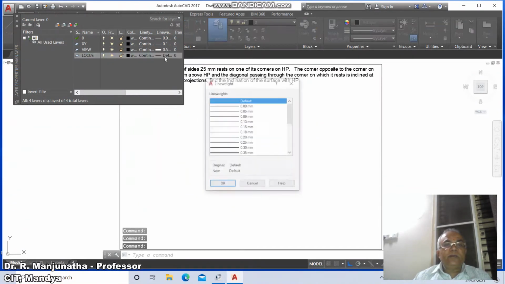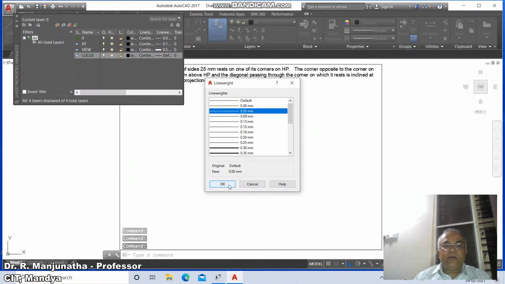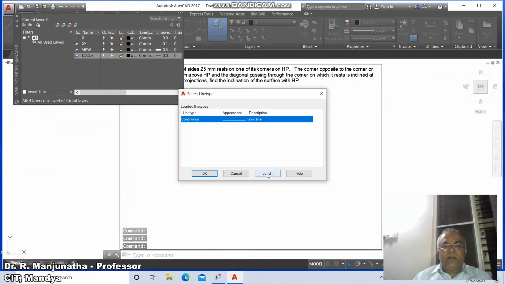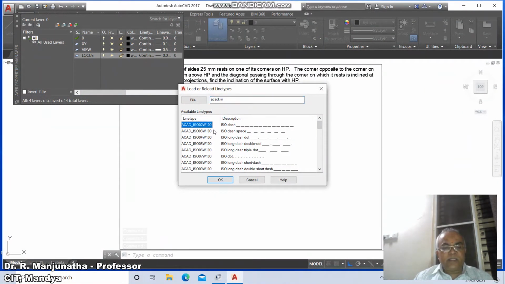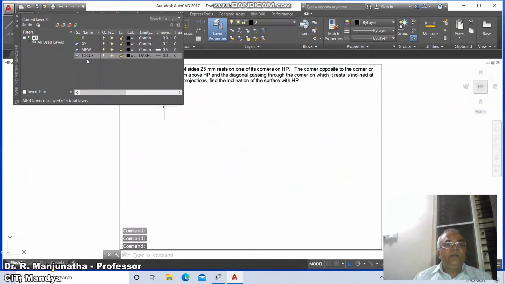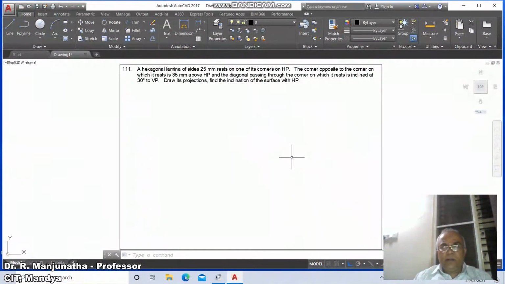Then go to locus, set the line weight of locus as 0.05 and then click on the line type of the locus, then click on load, select the cursor, take the cursor here and type dash dot, say OK. Select the dash dot line type and click on OK. So the locus layer is going to have the line type as dash dot, and then close the layer command.